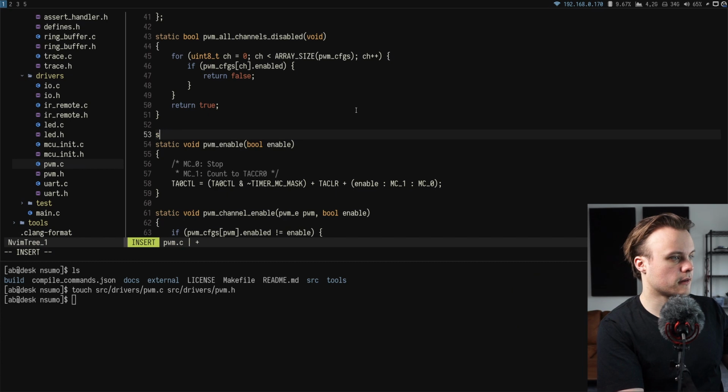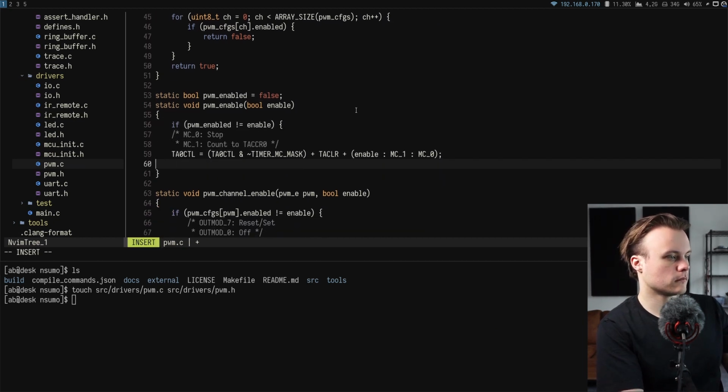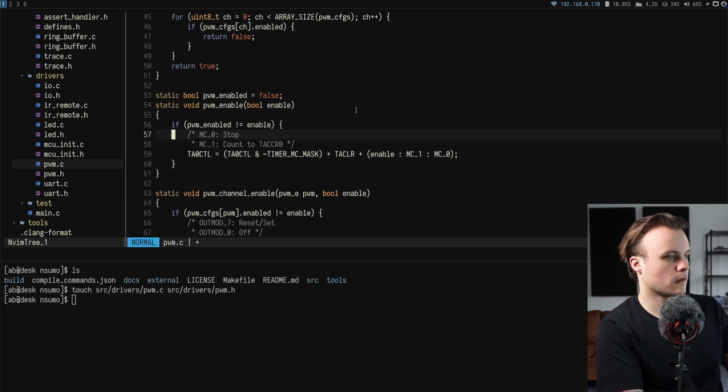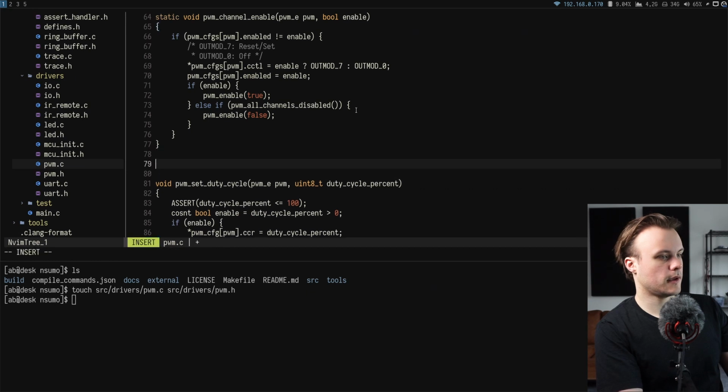And then I can also just add another variable here to keep track of whether PWM is enabled or not, so that I don't write to this register unnecessarily. Like that. And another thing that I'm going to do is I'm going to scale down the duty cycle, because